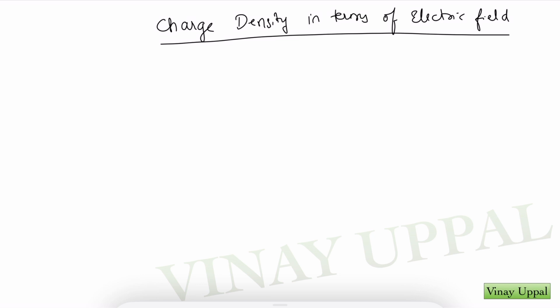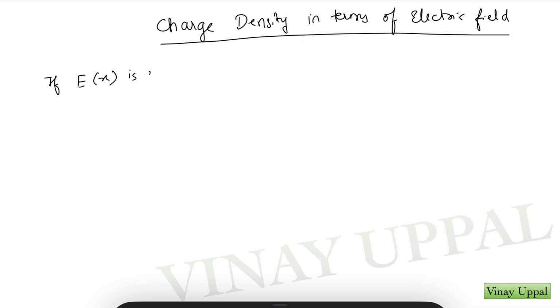So if you're given the electric field, how do you calculate the charge density? First, let's take the case where the electric field is a function of the x coordinate, so the one dimensional case, and I'm going to find the charge density in terms of this electric field. So this is known to us. What I'm going to do is, at a distance x, let me consider